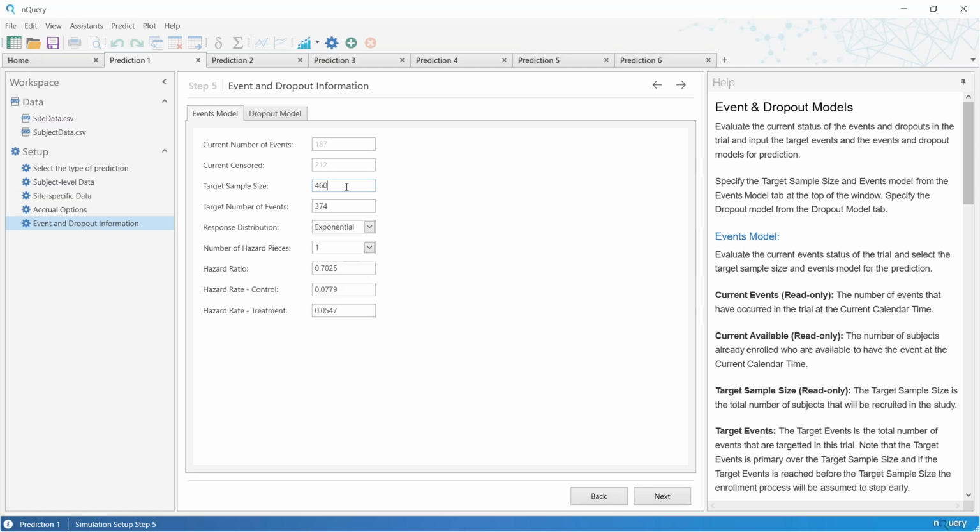In that case, what would happen basically is that we would stop the trial after 374 events occur, and whatever that time happens to be is when the accrual and the study end time will occur. That's just a working assumption we're going to have, that the events target is primary over the sample size target. And you can see here by default, we've just picked the exponential model,